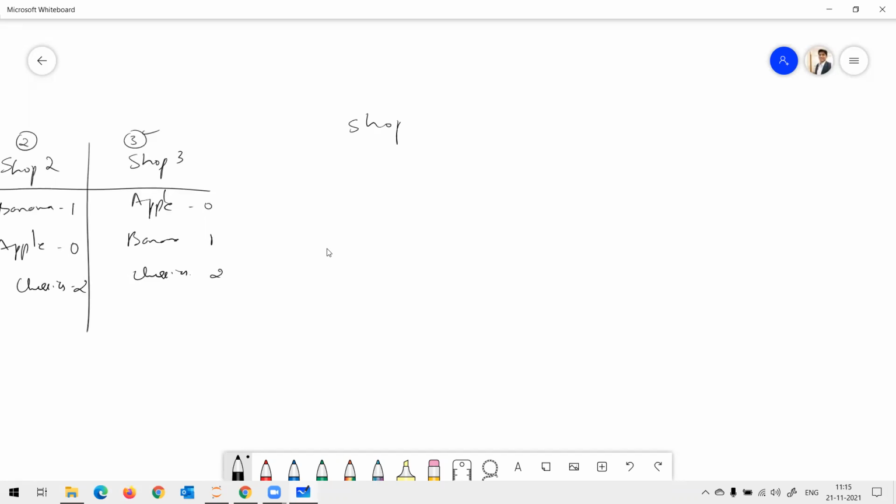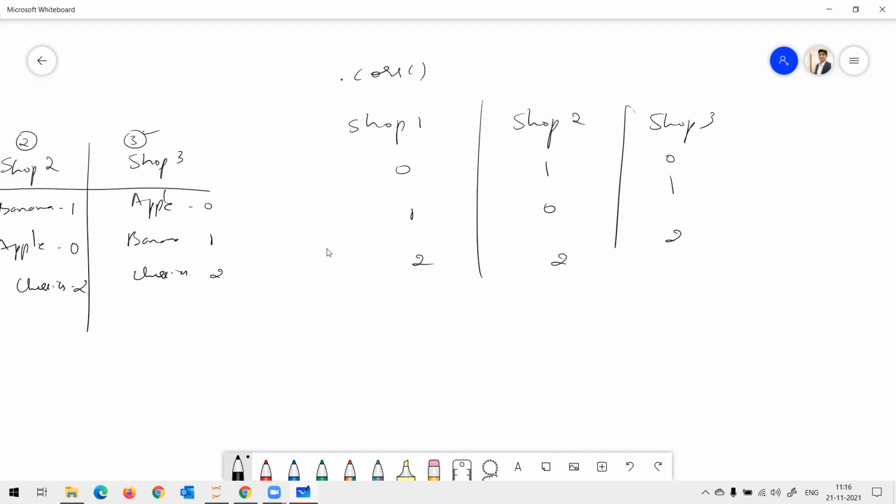You can say shop 1, shop 2, shop 3. This will be 0, 1, and 2, 0, 1, and 2. This will be 1, 0, and 2. Now, can I apply correlation on my data? Can I apply the .corr function? Yes. We get corr as 1 between shop 1 and 3 and some value between shop 1 and 2.